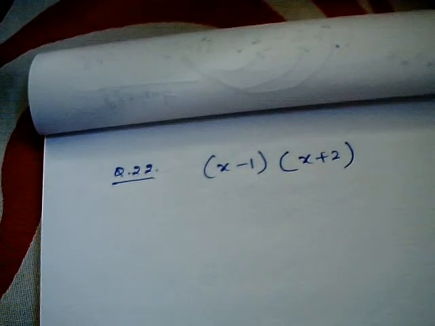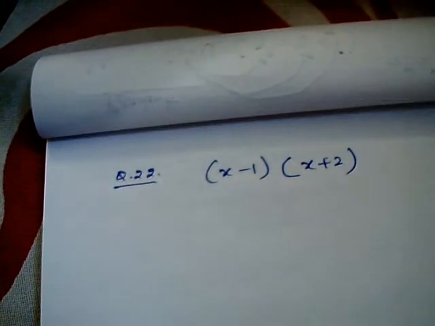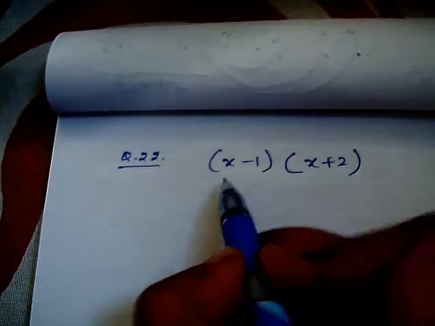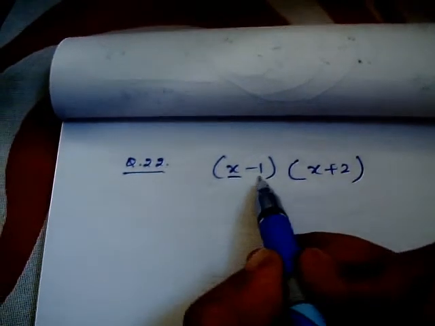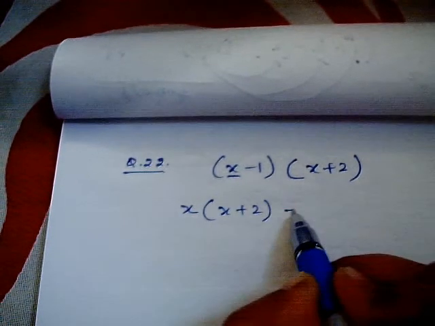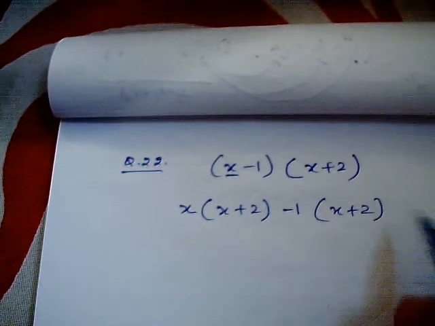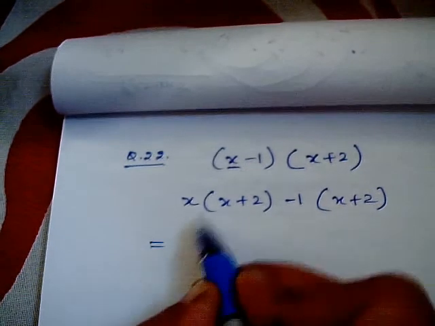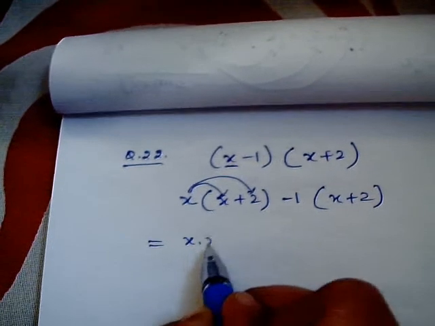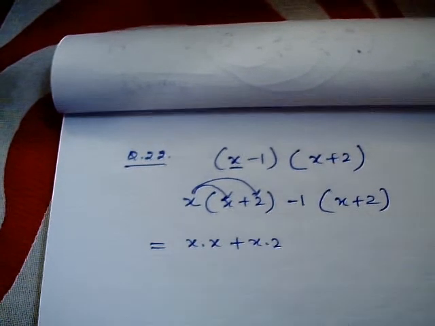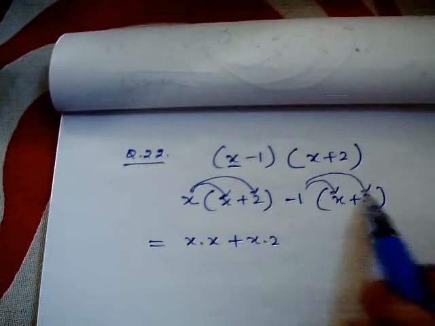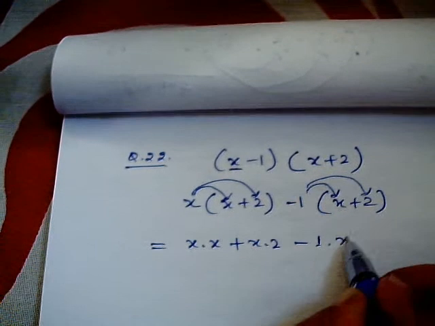Now I'm going to distribute, open. So first this x and this whole bracket, then -1 and this whole bracket. I am going to write x and -1 times (x plus 2). Now I open the parenthesis, so this x gets distributed on this and on this. So x times x plus x times 2. Now here what is happening, -1 is getting distributed, so -1 times x and -1 times 2, and here the sign is +2, and that's going to be multiplied with -1, correct?